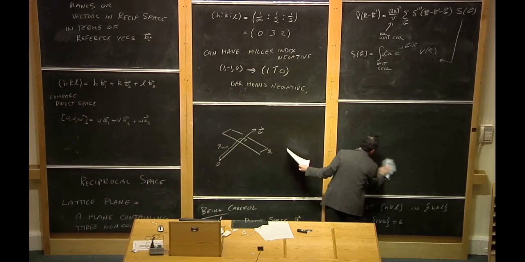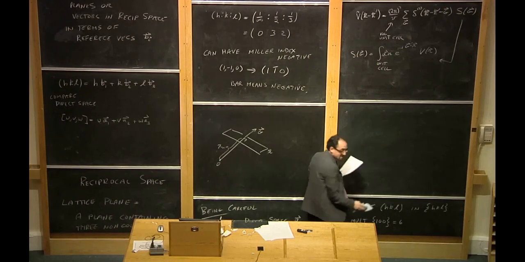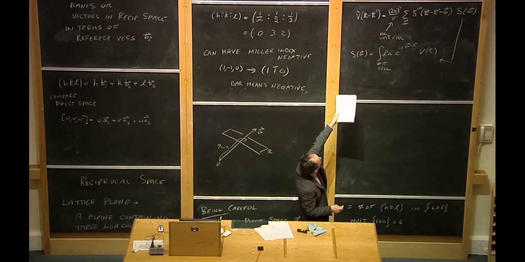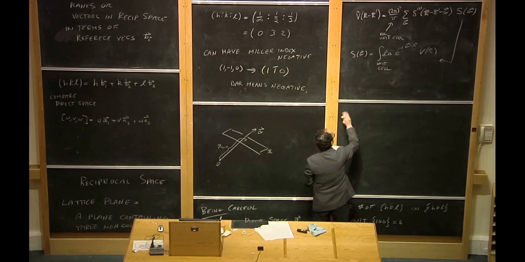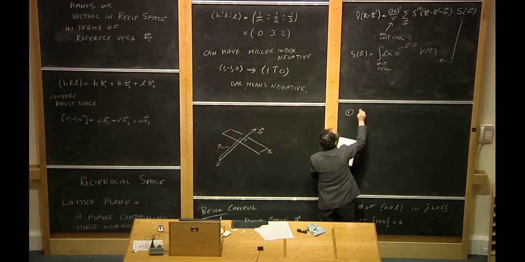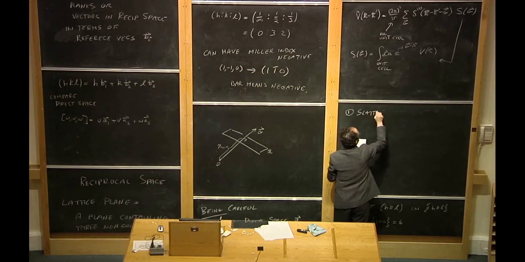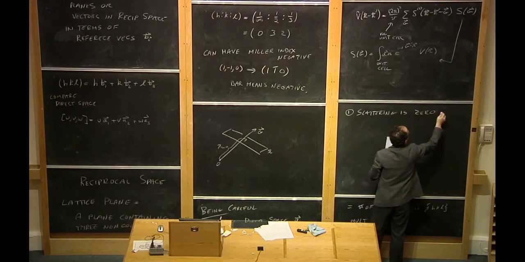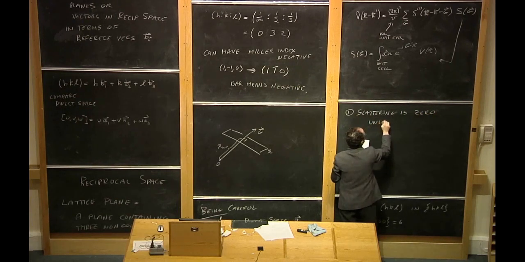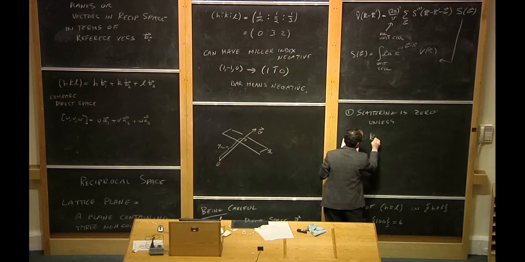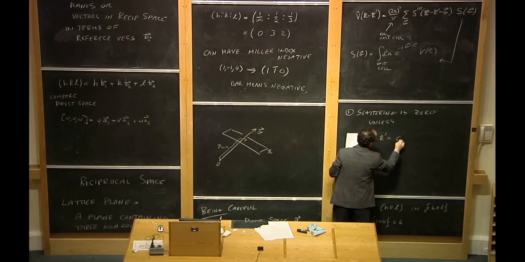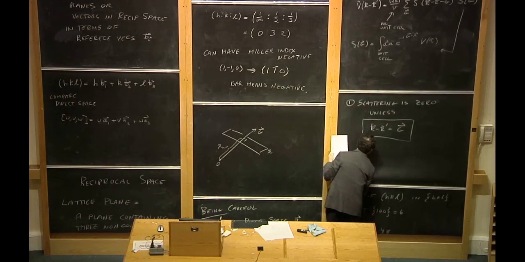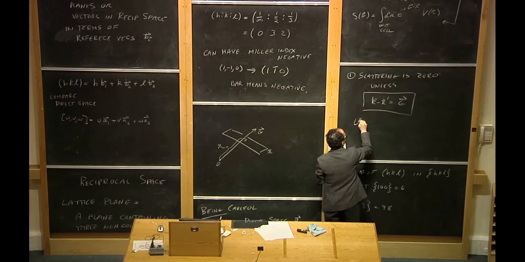First of all, the Fourier transform of this periodic function is 0 unless we're looking at values of k which are elements of the reciprocal lattice. So, point 1: scattering is 0 unless k minus k prime is a reciprocal lattice vector g. This is important. Put a box around it. This is known as the Laue condition,